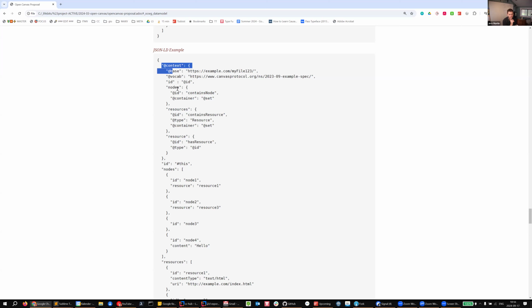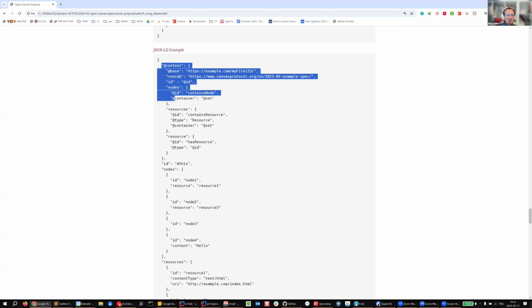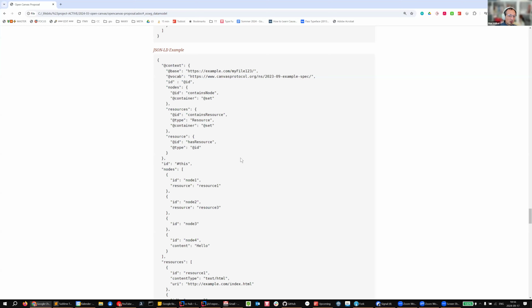So just having the context and defining key value pairs that resolve to namespace prefixes would completely disambiguate our URIs, our properties already. And yeah, I have not fully understood how that plays together with